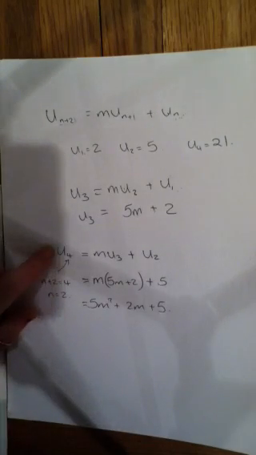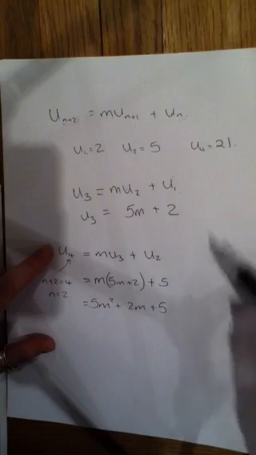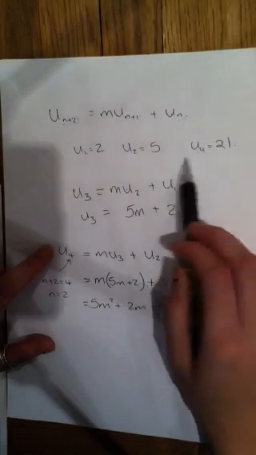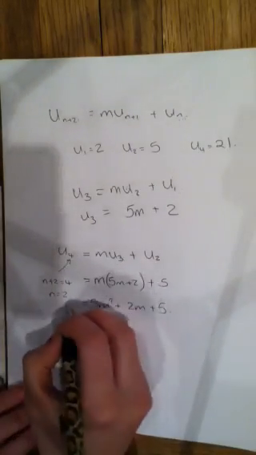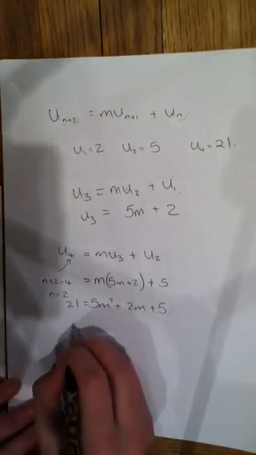So that's the fourth term, and I know that the fourth term is 21 because they tell me that in the question. So this is equal to 21. So rearranging 5m squared